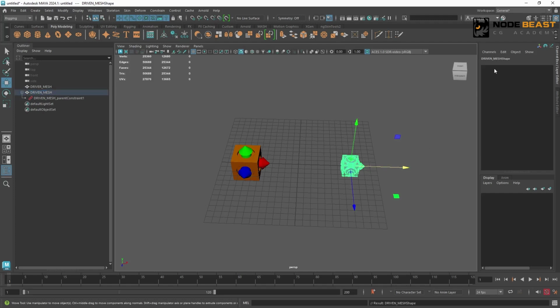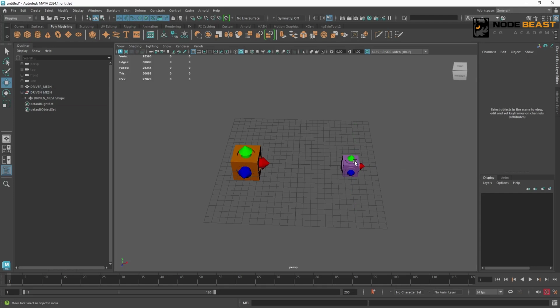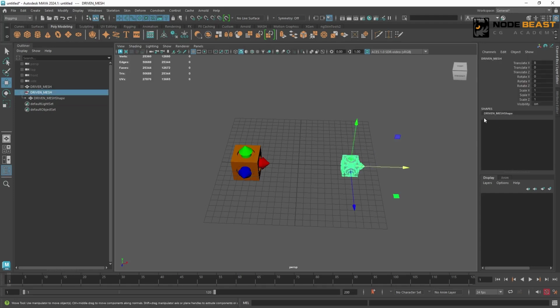Now here, the first thing we select is our shape node. And we know the shape node is also a child of the transform node. If we turn on shapes, we can see it here. When we press the right arrow key again, we'll select the corresponding constraint node. So at this point, if we want to edit this constraint node, like say delete it, we can just conveniently press delete to get rid of it. Now if we look at the driven object again, we can see that node is gone from under shapes.